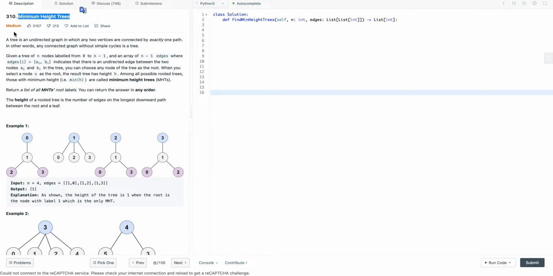Trees. It's a medium level graph question. The question states a tree is an undirected graph in which any two vertices are connected by exactly one path. In other words, any connected graph without simple cycles is a tree. Given a tree of n nodes labeled 0 to n minus 1 and an array of n minus 1 edges, where edges[i] equals [a, b],